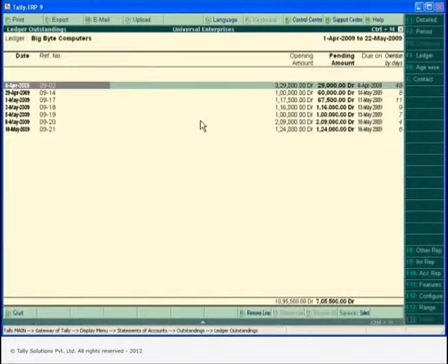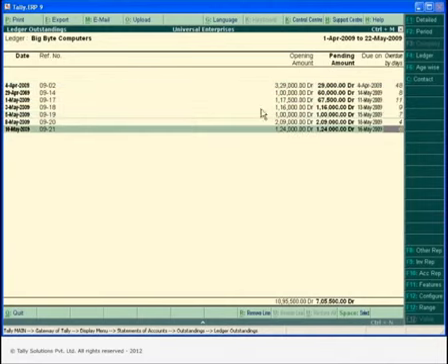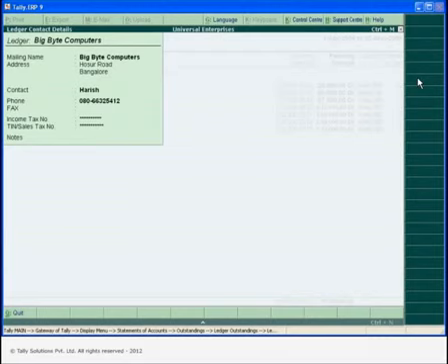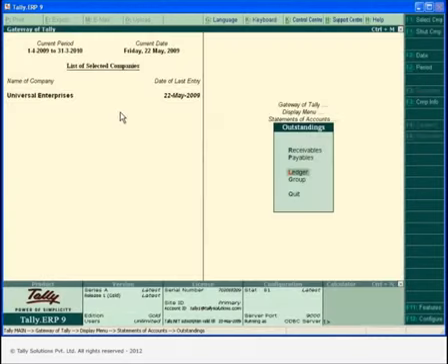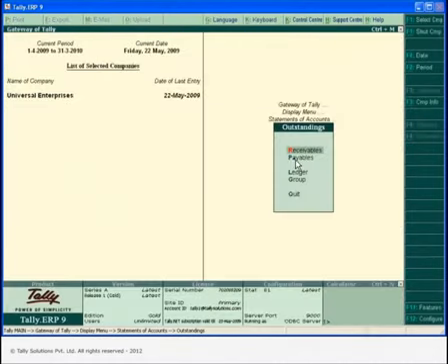Identifying and contacting the parties of outstanding ledgers is no sweat. Simply click Contact on the right of the Pending Bills report and you will have quick access to his address and telephone number. Tally ERP9 gives you an edge in organizing your receivables and payables, resulting in better cash flow and savings on interest.